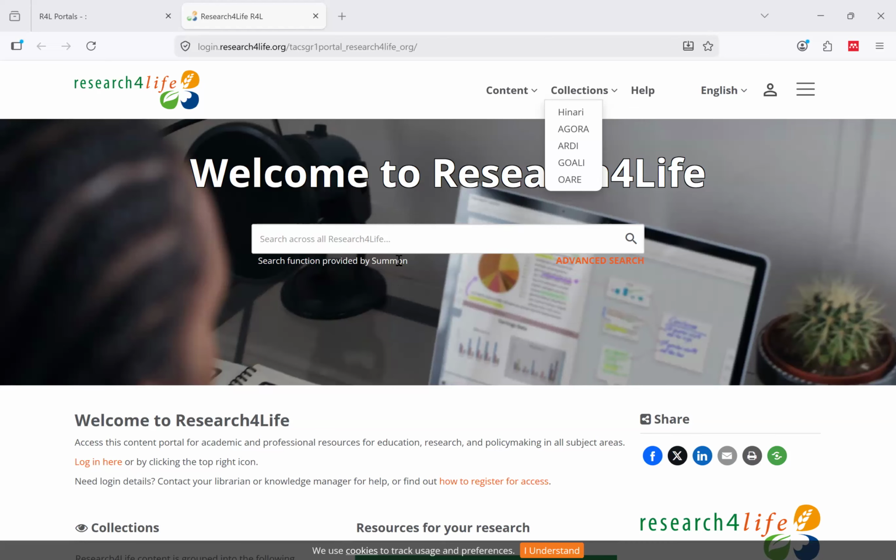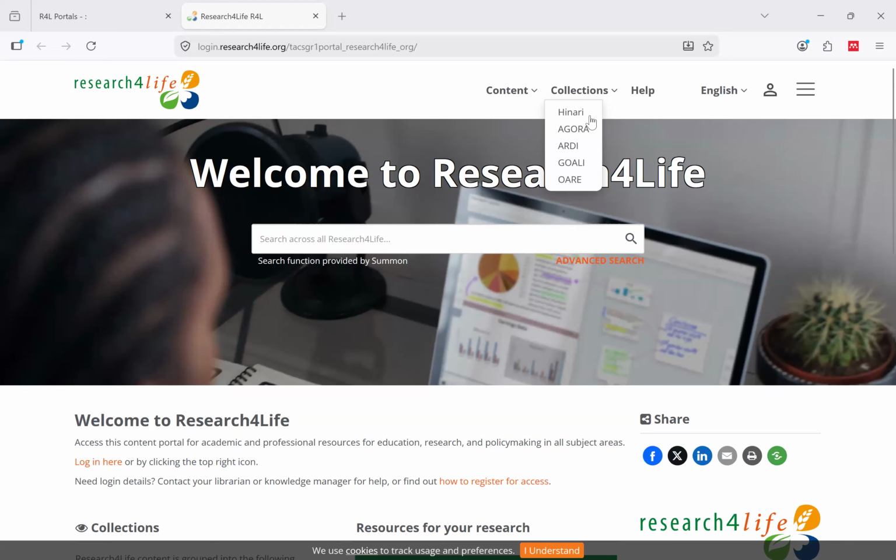This is a Google-like tool that searches across the many portals Faith mentioned. If you're seeing this interface for the first time, with so many portals, Hinari, Agora, Adi, Goli, as a beginner it may confuse you. But it has a search interface that is going to search across all these portals.